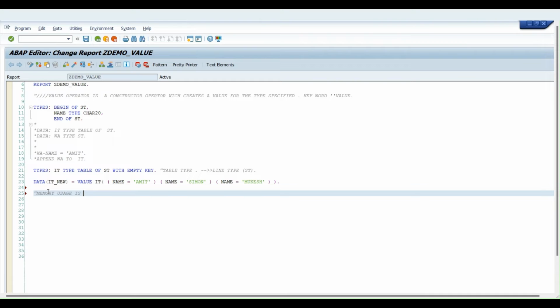Memory usage is determined only during runtime. Memory is allocated only during runtime,